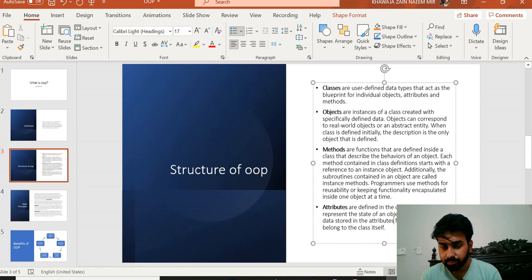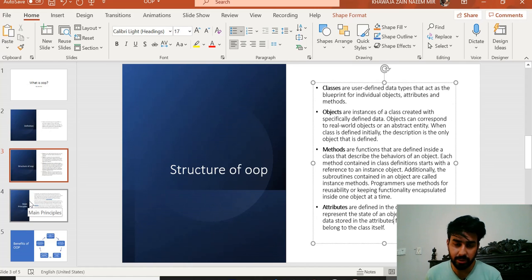These are the qualities, or you can say they represent the state of an object. All right, it will have some data stored about the object. For example, the color attribute of the car has the color stored in it, right? It has some information about the car. So this is what an attribute is.